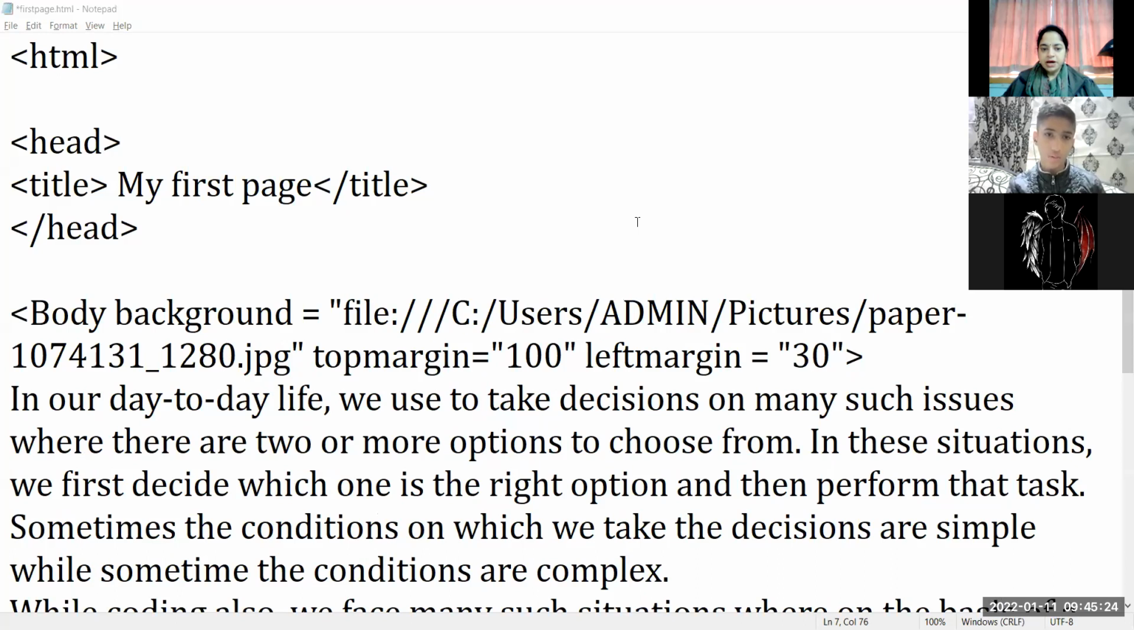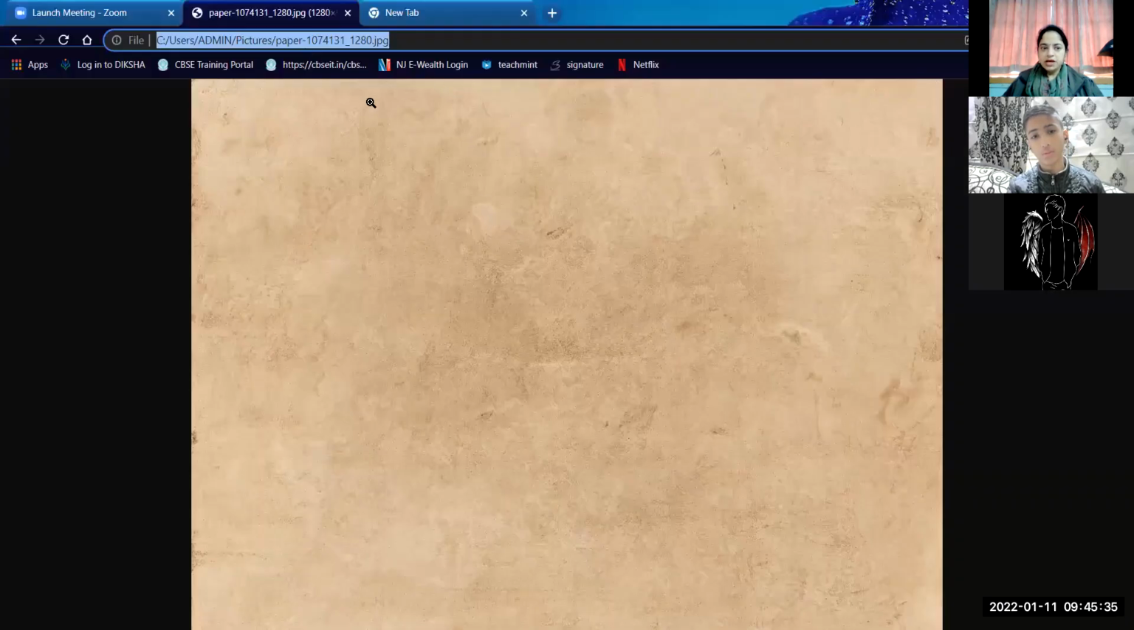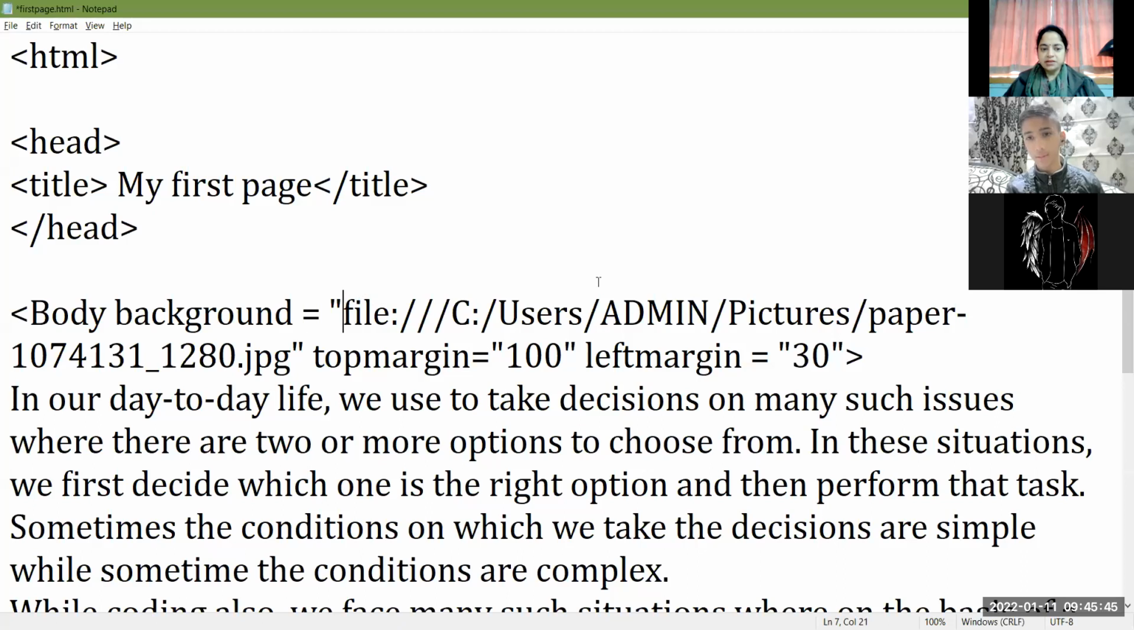Okay, what did we do? We had copied the path and the name of the image from the address bar. How? Just open the image in any web browser, then click on the address bar, copy it by pressing Ctrl+C, go back to the notepad coding and paste it after typing the double quotes, then close the double quotes. Now save your file,